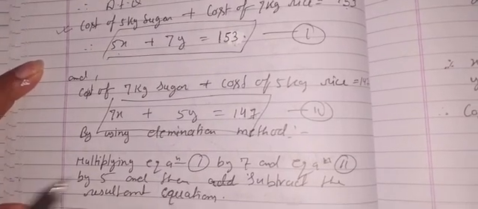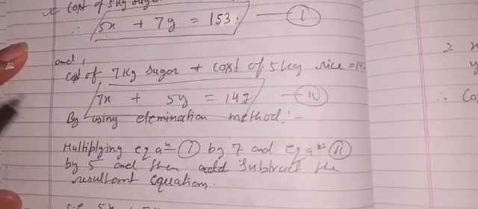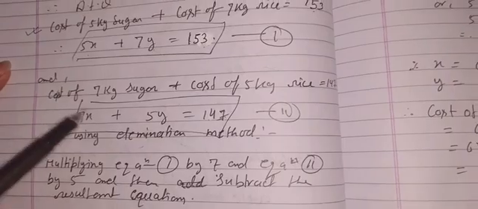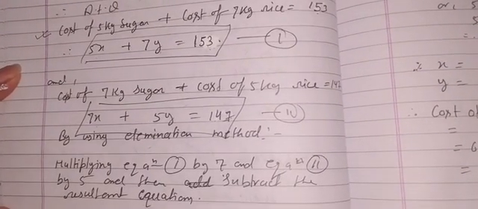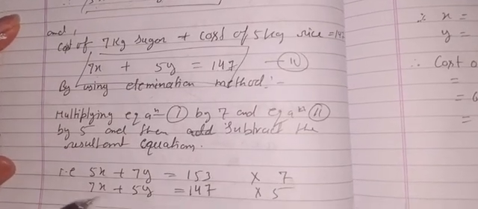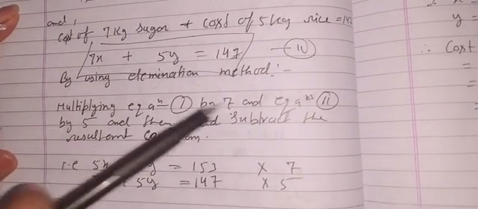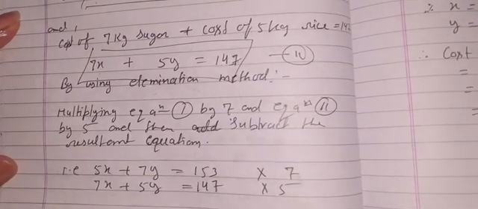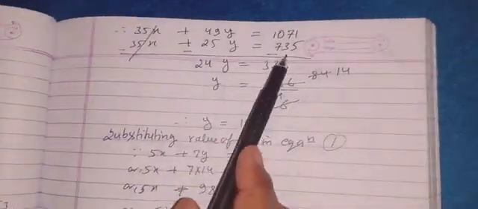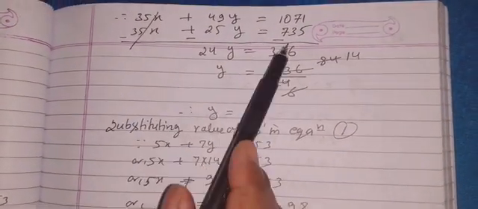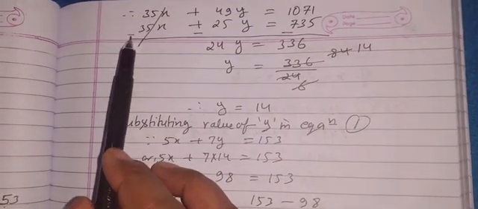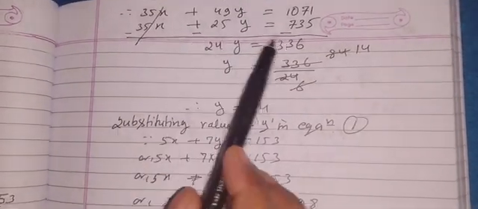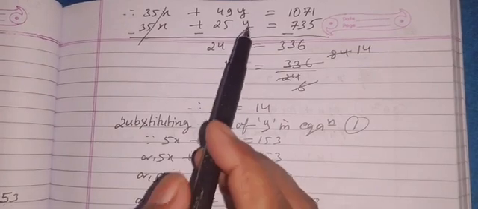To solve, I have decided to eliminate the x term. So I have multiplied this equation by 7 and this one by 5. I have copied the equations, multiplied by 7 and by 5, and written what I am going to do here. After multiplication we got these equations, and then we subtract the equations, because both have the same sign and we can't eliminate otherwise. So minus, minus, minus, minus, because all are with plus signs.